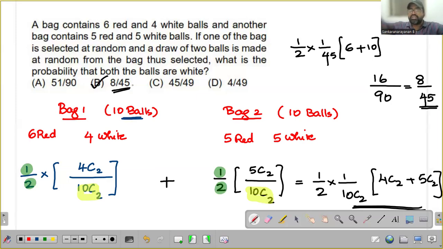Please have a look at this question. It's a very amazing question. And you can use this for your further follow-up. Okay. Make a note of this. You are selecting the bag. What is the probability? And after selecting the bag, further you are proceeding. Okay. With the 2 whites, 4C2 by 10C2. And then you consider bag number 2, 1 by 2, 5C2 by 10C2. Put together, you get the result. Okay. So that's for this question. Let's now go to the next one.